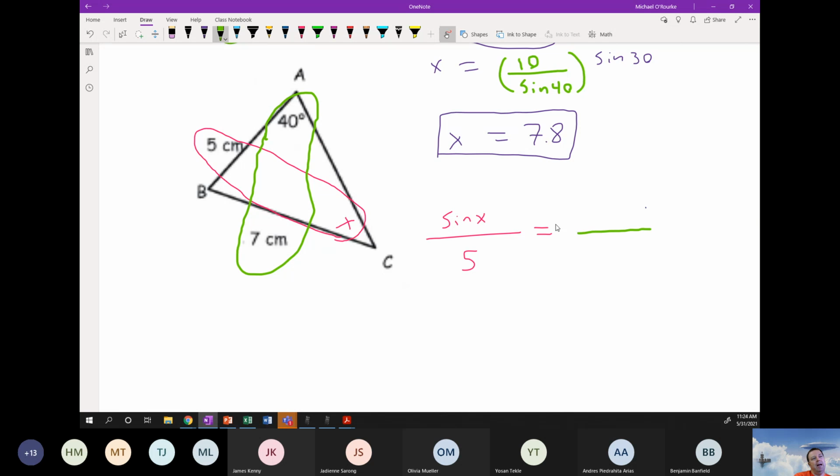The angle or the side? What's going to go on top? The angle or the side? Good. The angle is going to go on top because I put the angle on top over here so they